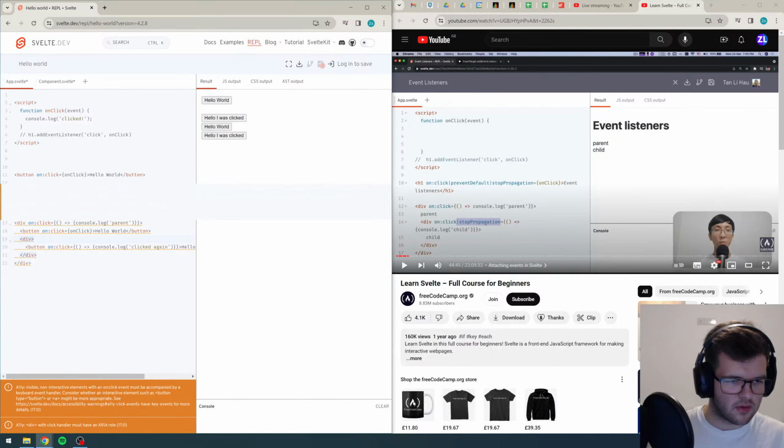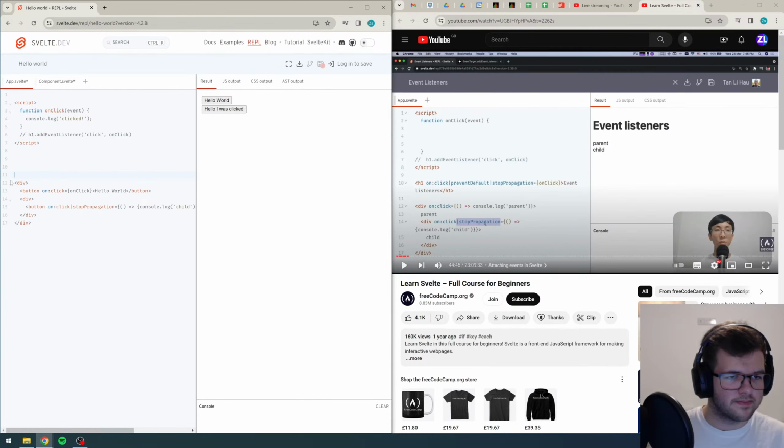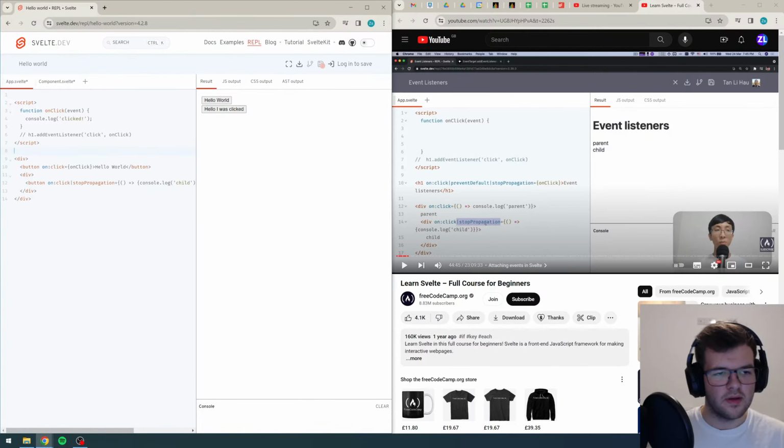So if I chuck this in here, hopefully this works. And then I could just take this out. That works. And then on one click, you would say clicked, and then I could remove these two, right? So now this will say child, this will say collect. But if I didn't have stop propagation,